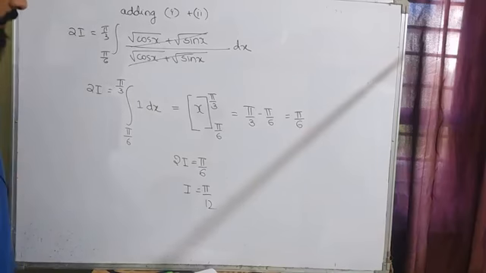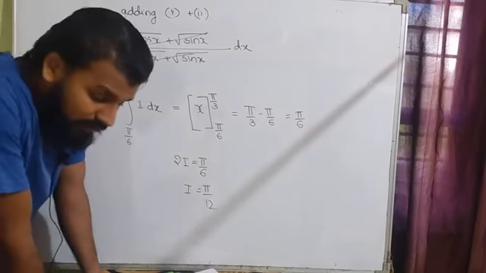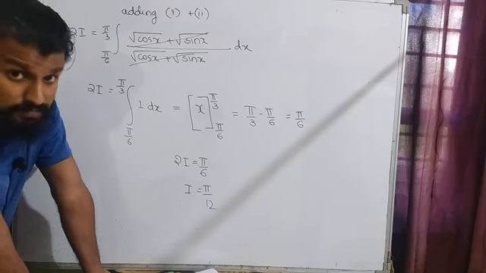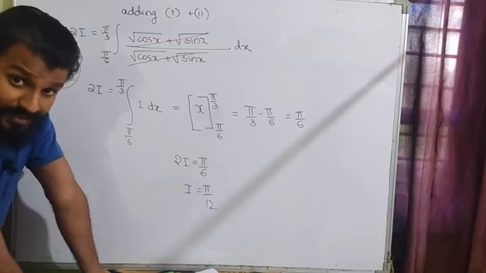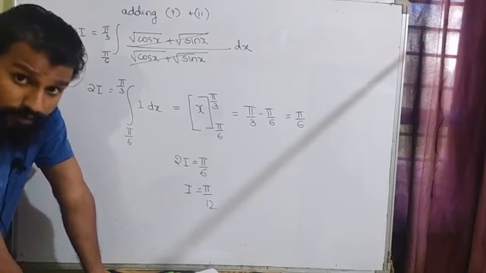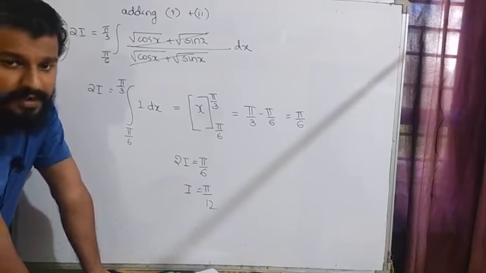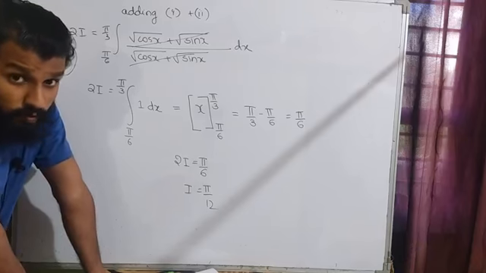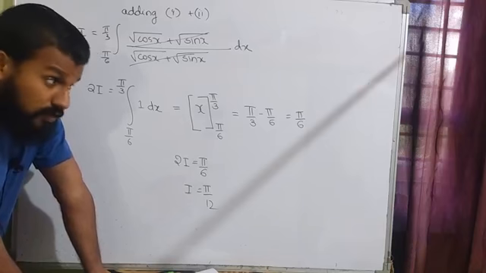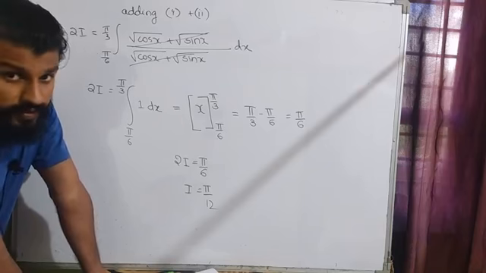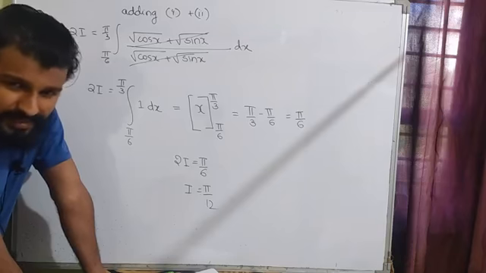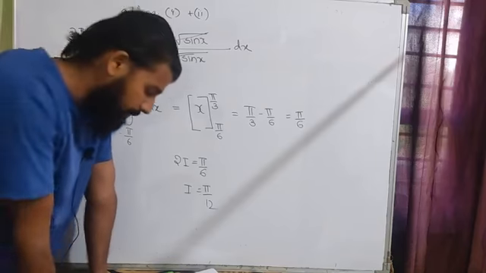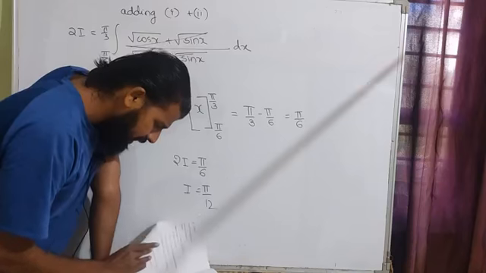Well, yeah. So what we have done in this question is we have applied property number 3, that is P3, the property integral a to b f of x dx equals integral a to b f of a plus b minus x. So today we have solved almost homework 3 questions plus those 2, so 6 questions we have solved. In all the 6 questions, I think most of the times we have used P3 and P4 more. Yeah, I think in the next type of questions also